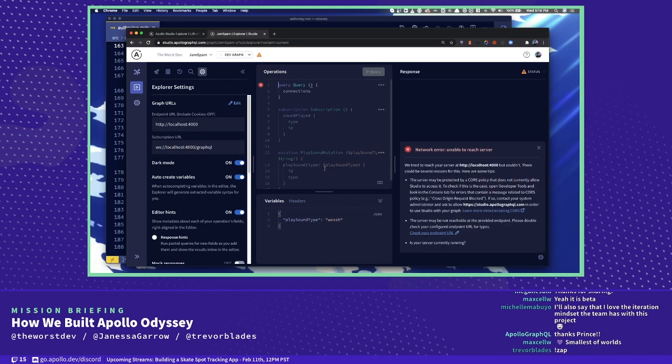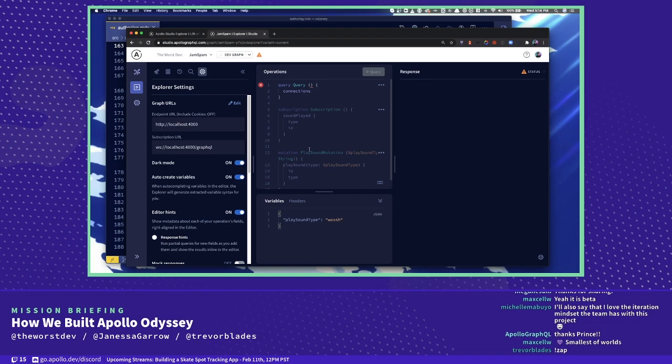Aha, nice. So Explorer is a really feature-rich GraphQL IDE. You might think of GraphiQL or GraphQL Playground or something like that. It's essentially the same thing, a GraphQL IDE, but it has a lot of other really cool features that are super useful. And you can work with this with local graphs, right? Just because it's on Studio doesn't mean that you have to have some graph connected to Studio. You can point localhost URLs at it and all that fun jazz. So that's just for anybody who might not be familiar. But is that something that might continue to happen? What do you think? Because that seems like a really cool feature.